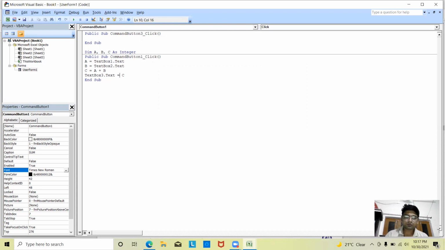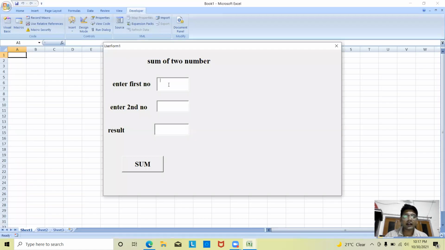Okay, if I run this program, it will not add, because it's considered as a text value, and that will concatenate. Let's run the program. It asks for the first number. I have taken 45. In the second it's 25. So the result will be 4525. What does it mean? It's concatenated.